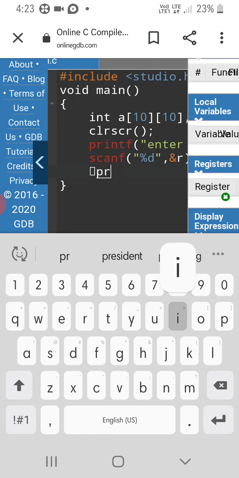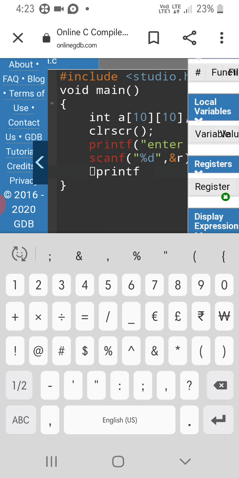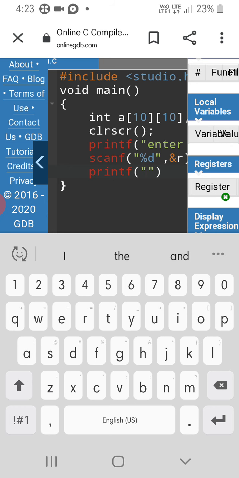And now we need to ask the user for column elements, so again we require a printf statement for accessing the column elements, that is "enter column elements".